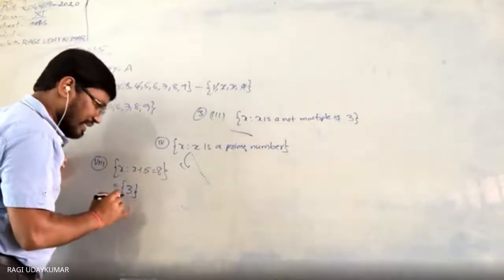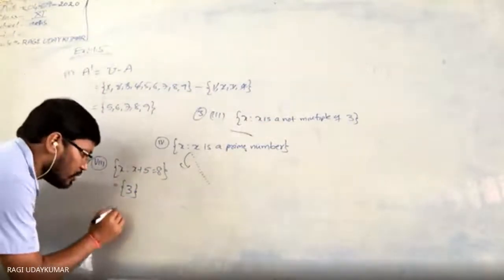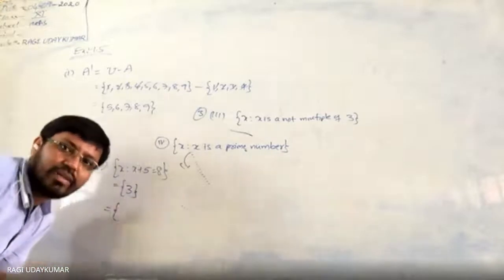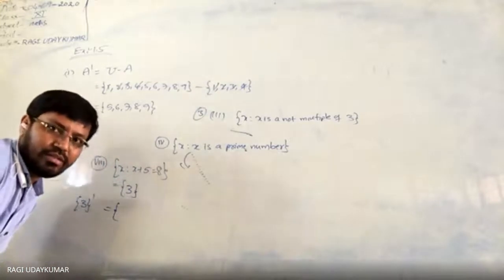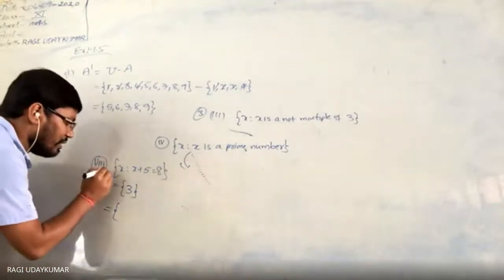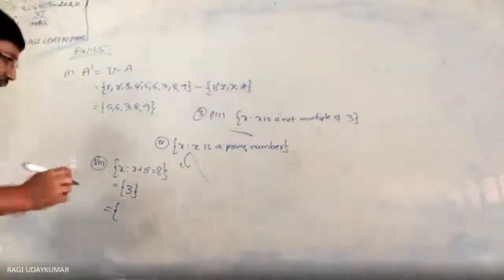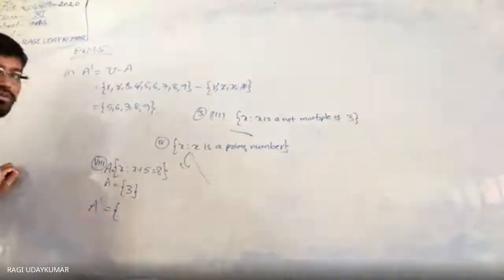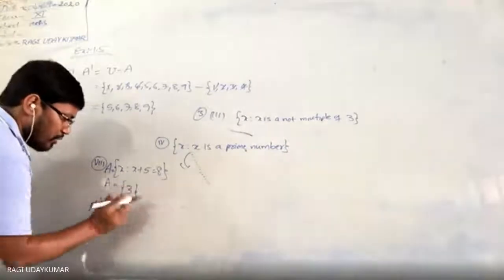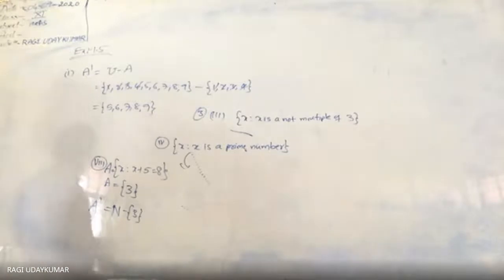So the complement of this set is, this set's complement. And do remember that you are not supposed to write is equals to. The set you write and its complement you write. Otherwise, consider the first question as A, second question as B. Like that. Consider this as A. So write A complement. A complement is equals to, if you want to write, natural numbers minus singleton set 3. Other than the 3, remaining all the natural numbers.